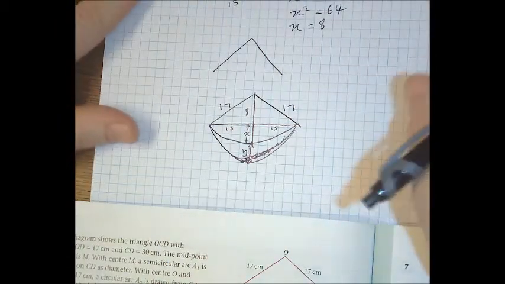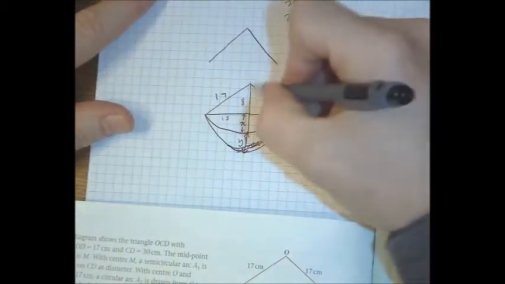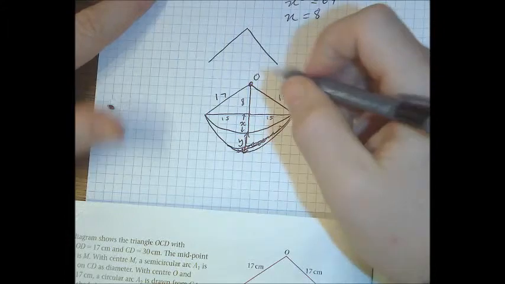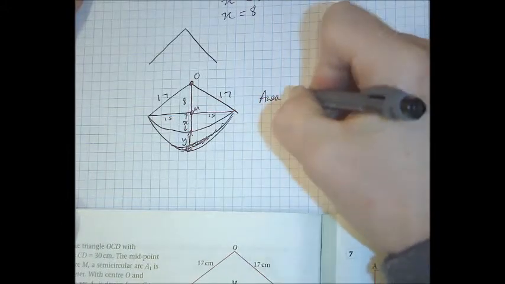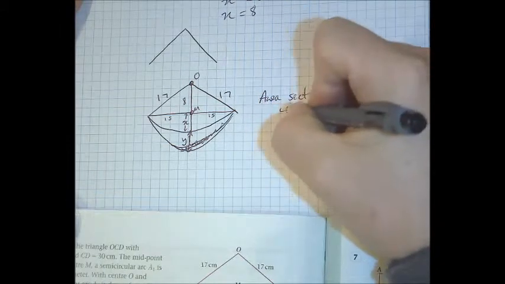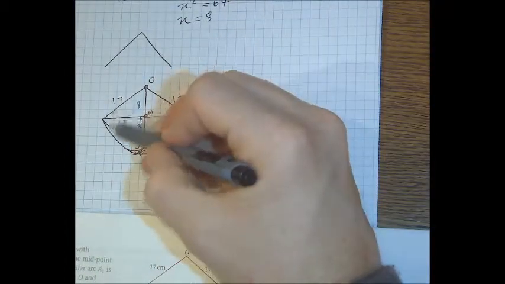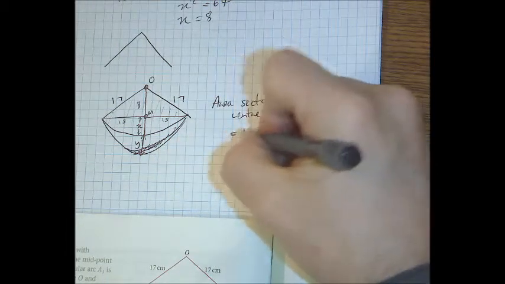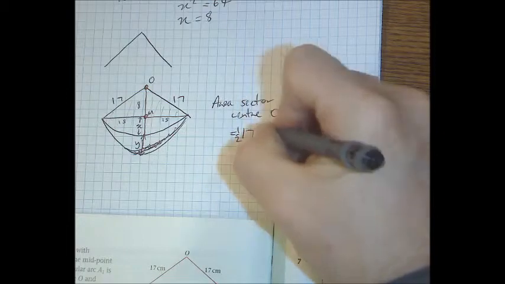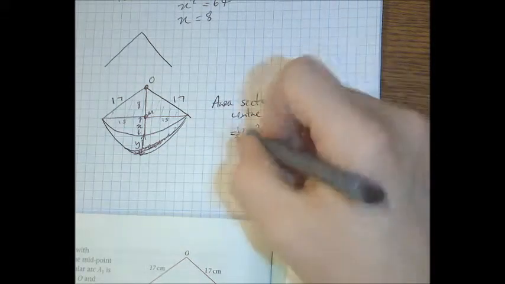I'm now going to state some facts. So I'm going to say area, sector, center O. That's this one there. That's going to be 17. That's going to be half 17 squared times 8 plus x. And